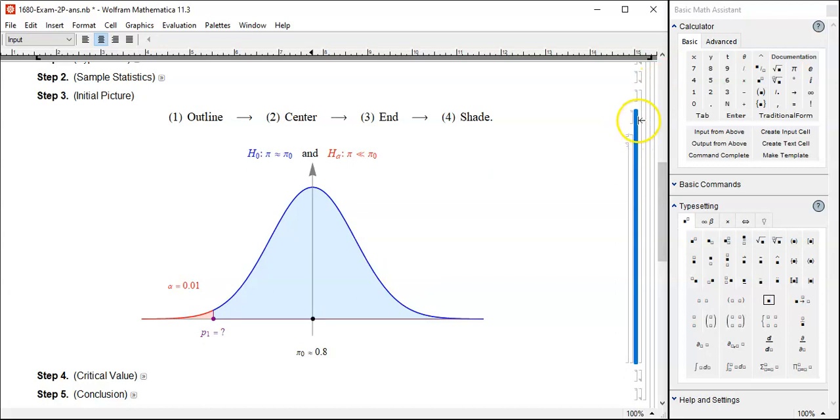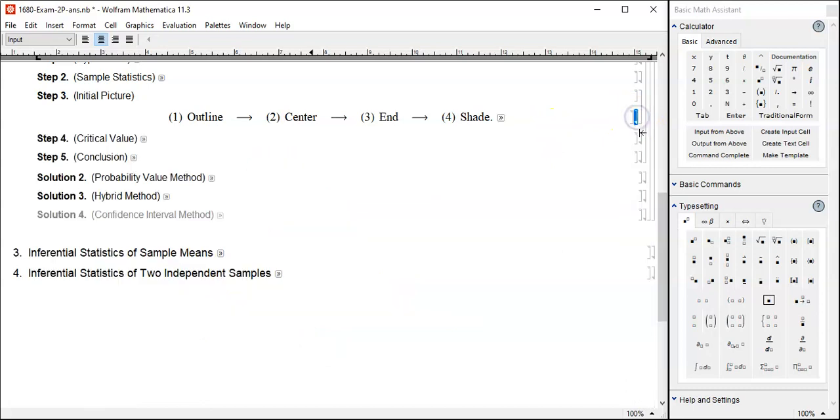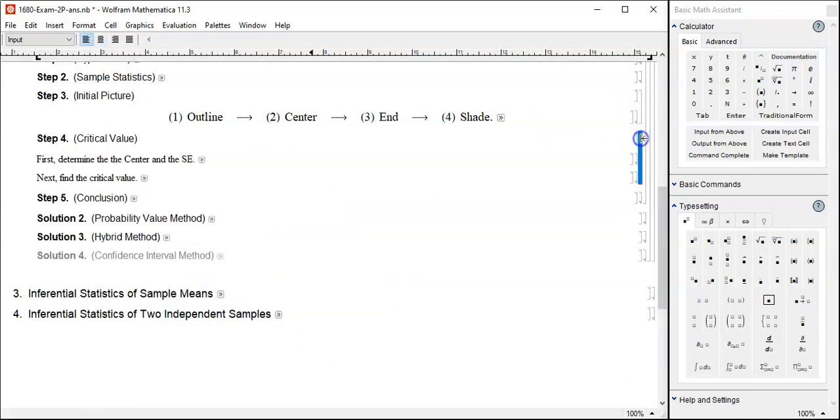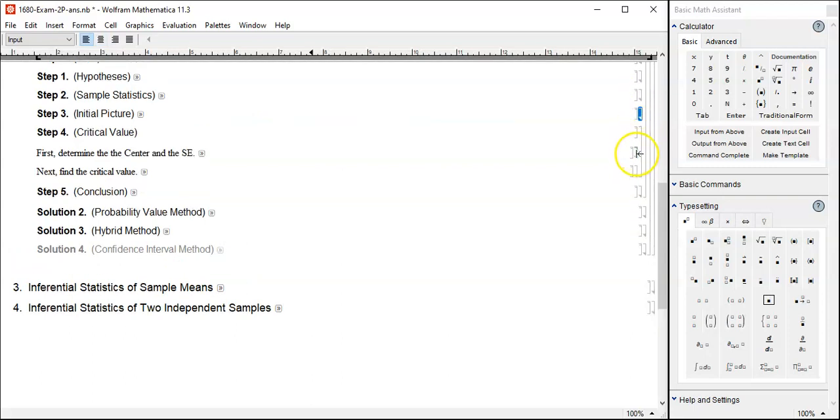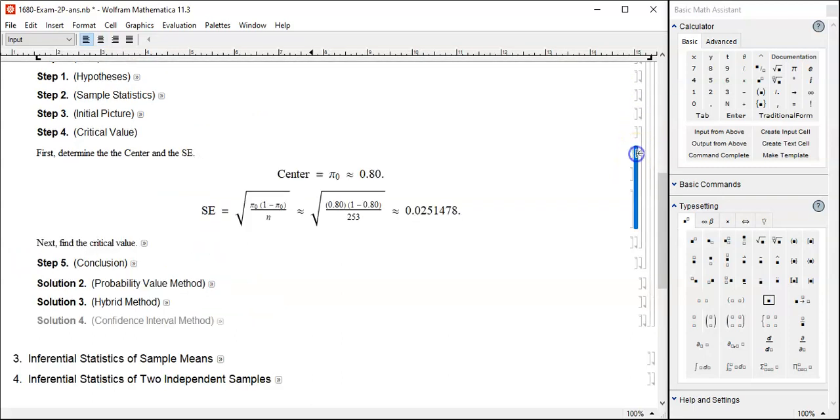Okay, alright, let's find out the critical value. The typical deal, we have to use the z-score formula, p-bar minus center over SE. What's SE? Standard error, do you guys remember the formula? Square root of p(1 minus p) over n. There goes the computation. The same formula, but